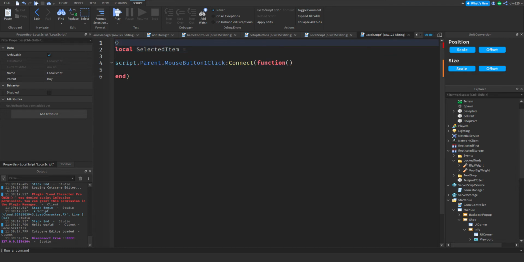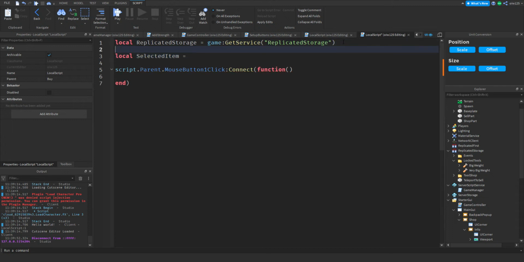Local replicated storage is equal to game colon get service replicated storage. We can do local selected tools selected. Actually, local Roblox tools is equal to